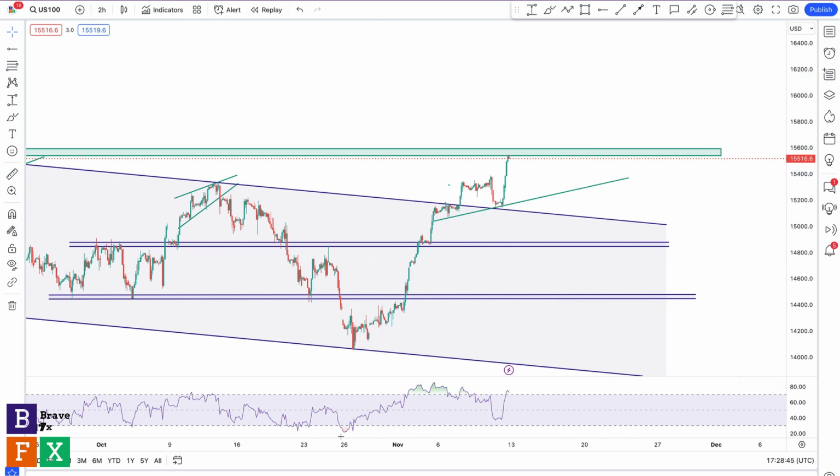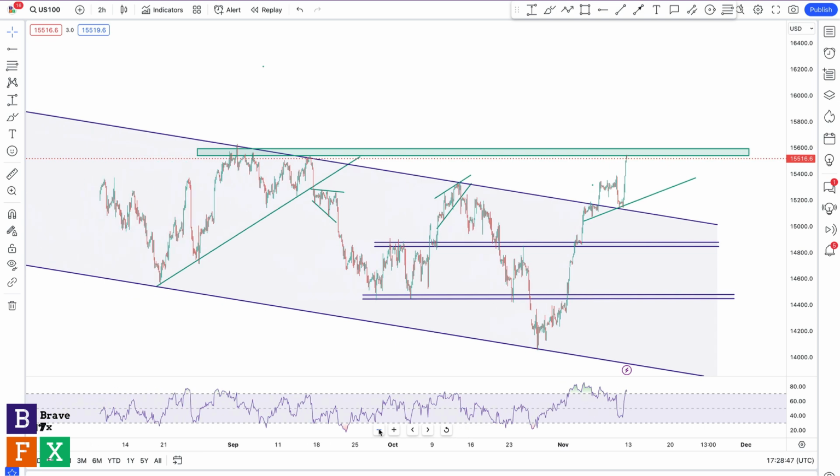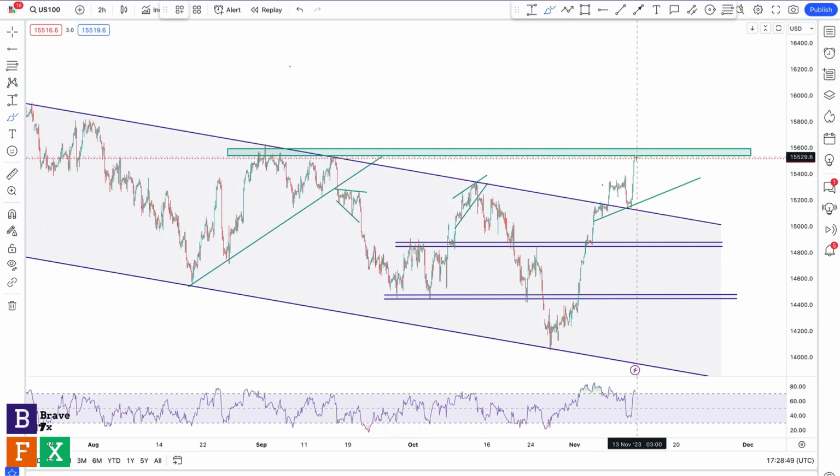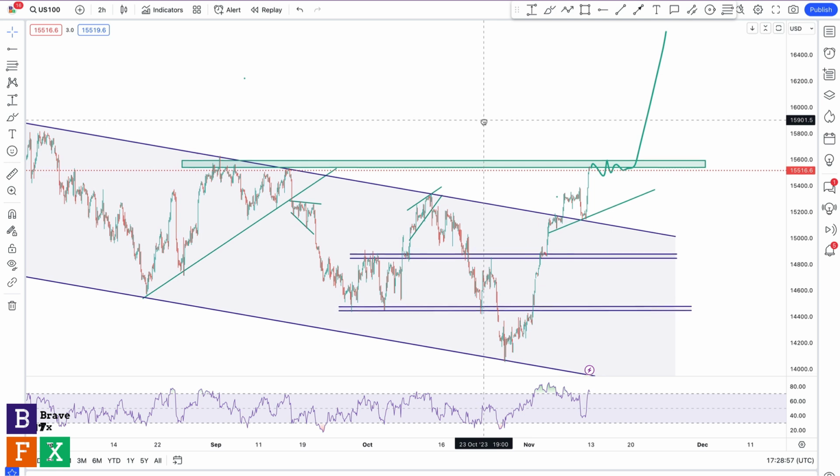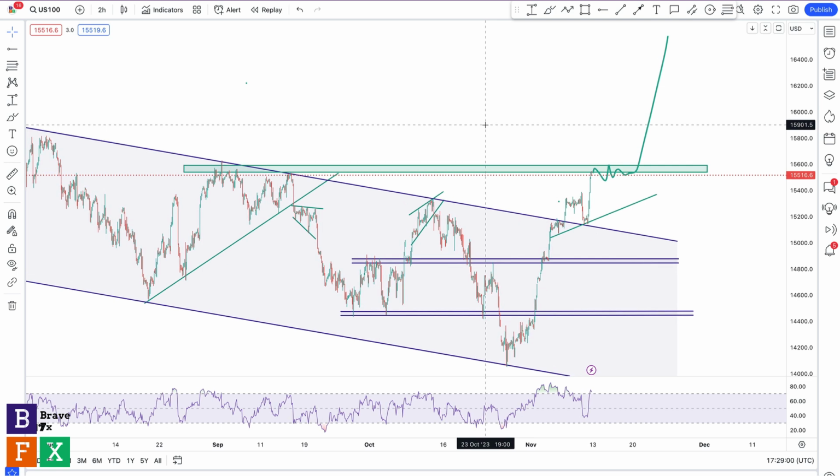So the second case scenario for a bullish position is waiting for a consolidation around its highs, followed by another breakout. So this is going to be my most preferred case scenario to go long on Nasdaq, right? The reason is because it gives the market enough time to think about where the market is going to head, and if we get a consolidation and a bullish breakout, then that's going to give you a better risk to